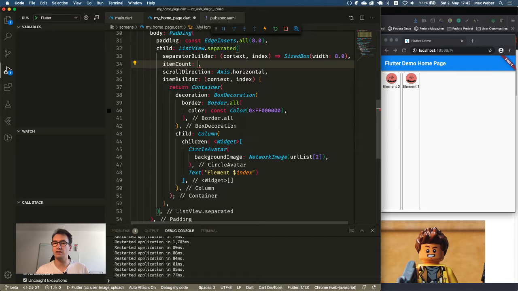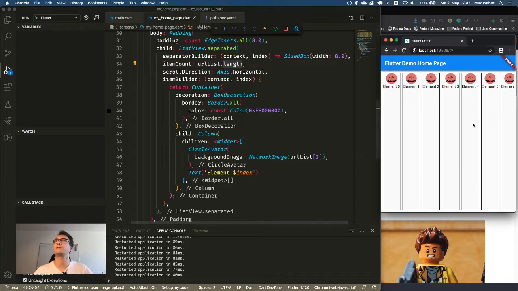Because I can just say, hey, the location of stable is there and master is there and beta is somewhere else, right? So I think that will improve working with different levels of Flutter. Cool. So, but the item count is now the URL list dot length, and the length already creates us the amount. And as you can see, the list view immediately works fine, right? That is exactly what I want.